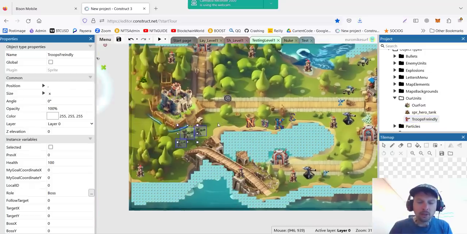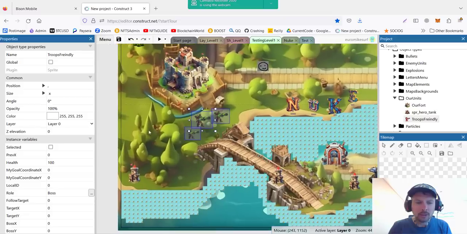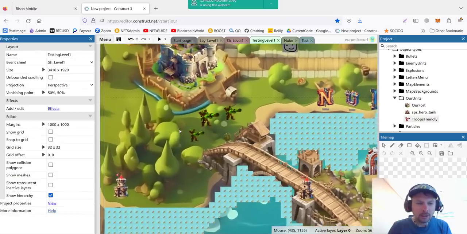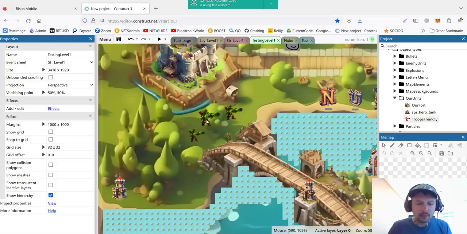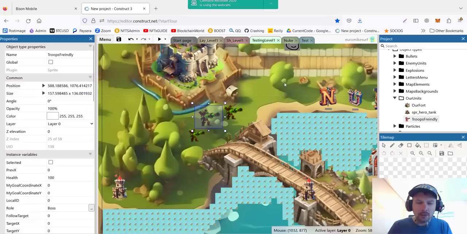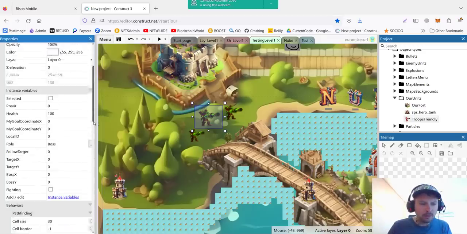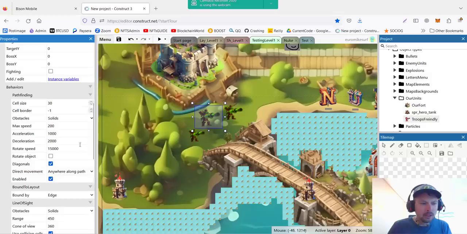There is also a little bug that we were able to fix. My friend from Fiverr helped me to fix this bug. So in our case, our units walk straight and back, they don't rotate. And when I was clicking on where they should go, there was slight delay, and I was thinking why we have this delay. I was thinking it's a pathfinding problem, but in reality, it's a little bit tricky. If you go to behaviors and pathfinding, there is a parameter called rotate speed,